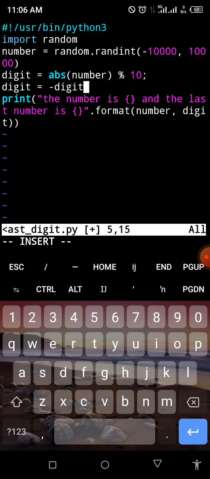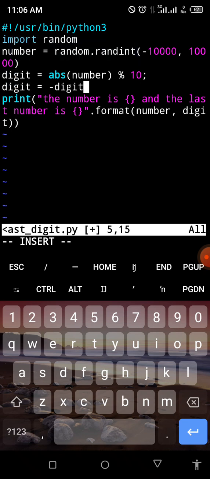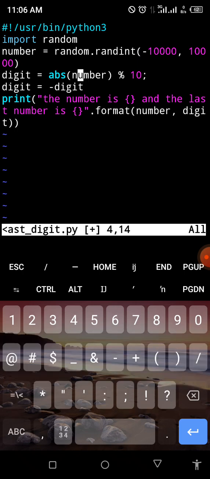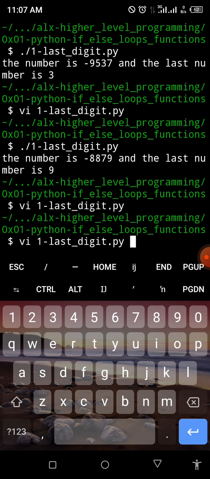So you can see that. I'm equating this, I'm changing this from whatever the value is. I want it to be equal to minus digit itself. That means it's going to call this and change it to a negative number. So whenever we run this, it is going to give us what we are looking for. If it is a negative number, we expect to have minus there. So if I run this,